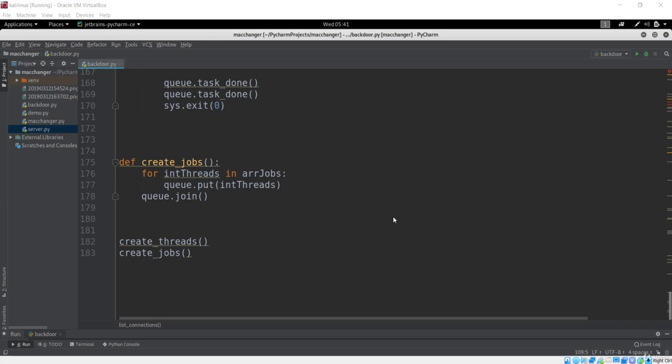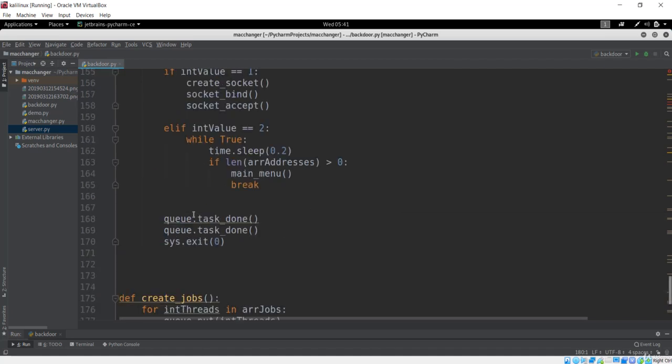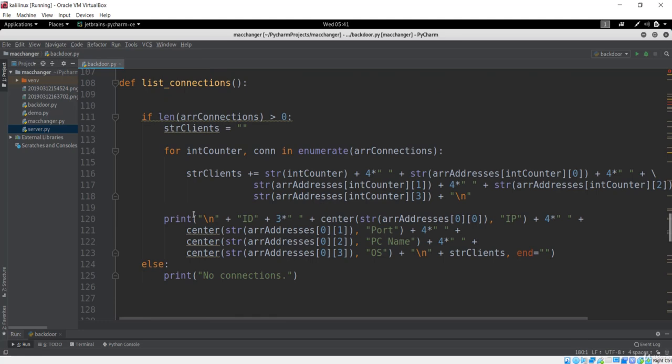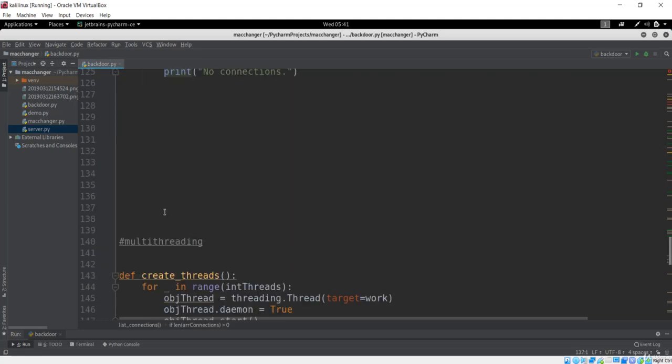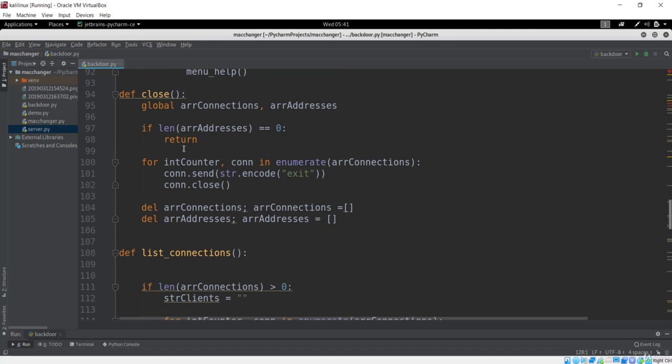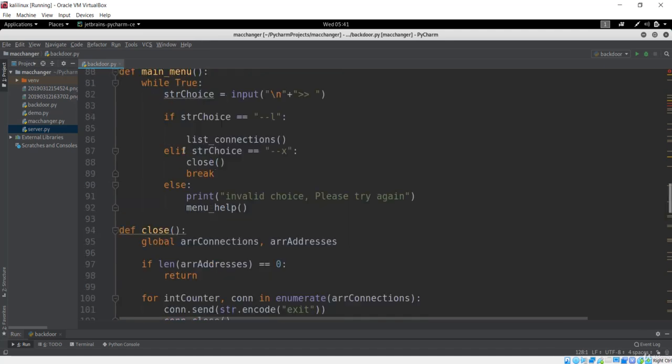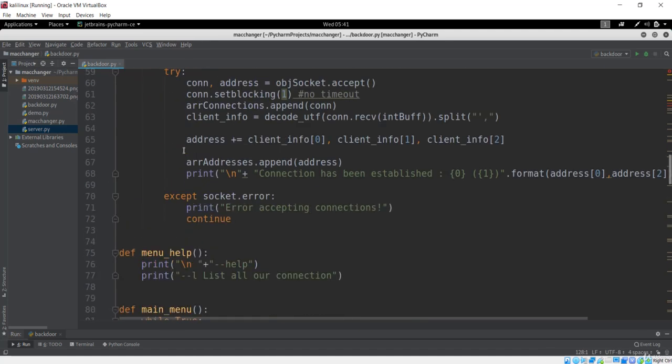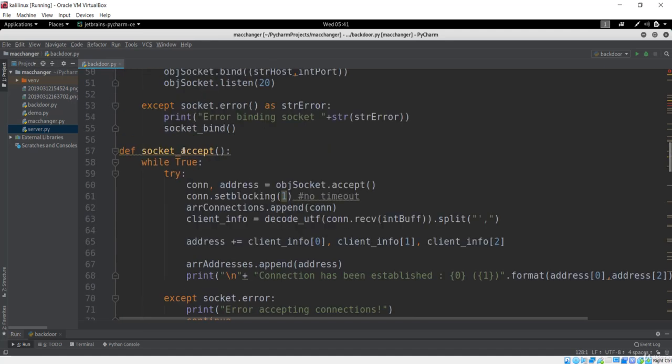Welcome to this lecture. From now on it will be all interesting lectures, because we'll make our backdoor much more interesting and much more advanced. First of all, you can see that this was the server, and let me just fix the spaces. What you can see here is we have made this connection between the server and a client quite successfully. We saw how we can list the connection with that statement before.